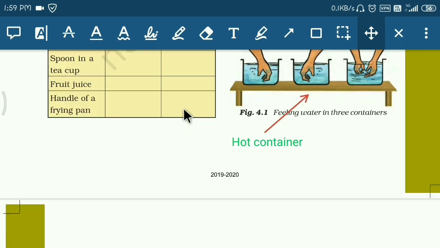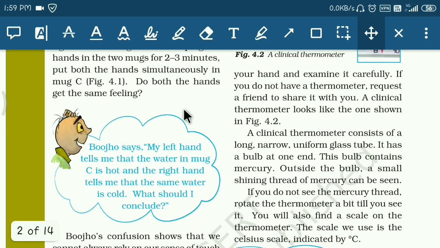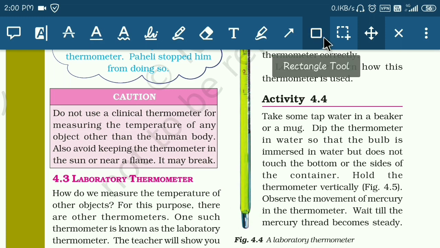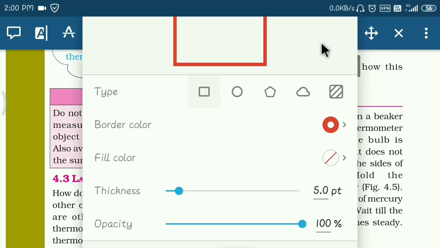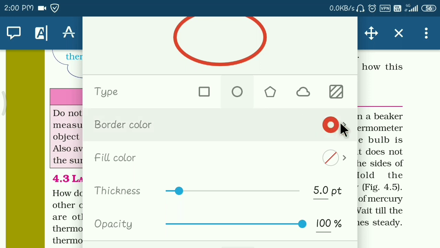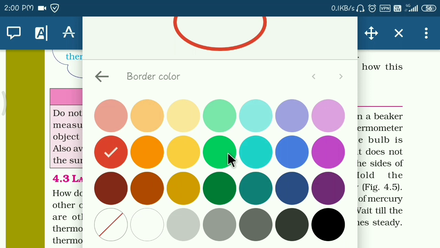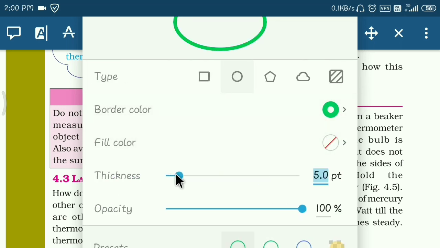Then scroll it easily. I can scroll it. Suppose one thing, this is called rectangle tool. Just click it. Rectangle tool, you can just do as oval also. So oval, if you want to edit the border, you can do that. Any color of the border you can change. Okay, and then thickness you can also change. So many options are there. Opacity you can change. Okay, you can see it is deep.